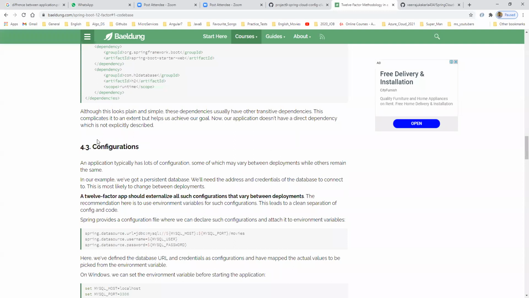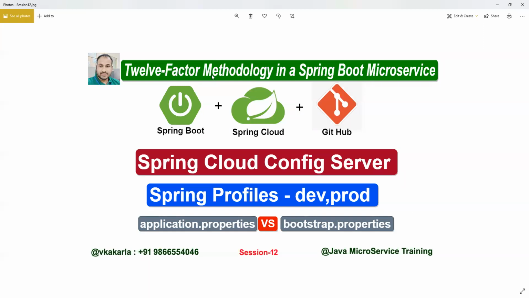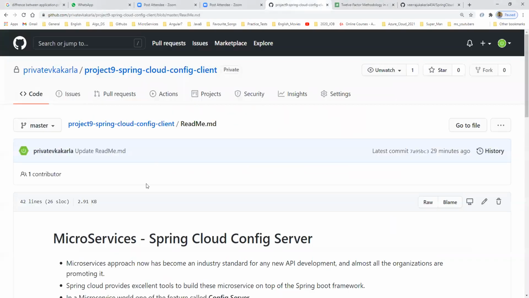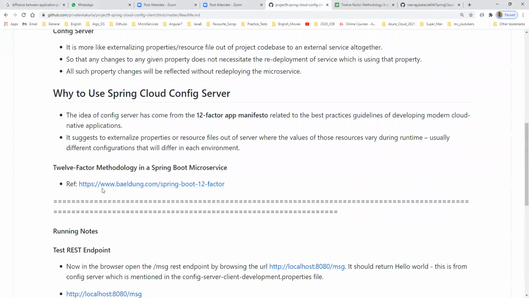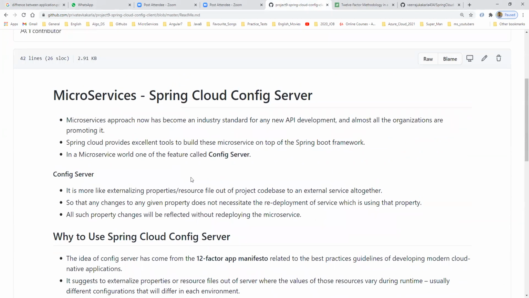So today we are talking with these configurations. Our project is following most of the factors, so that our application or our service, we can call it a microservice. I'm giving a reference here also, you people can refer later. This is the 12 factor methodology. Out of the 12 factors, we are following many of the features, so that our service, we can call it a microservice.